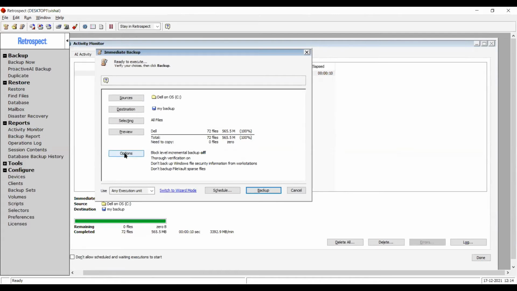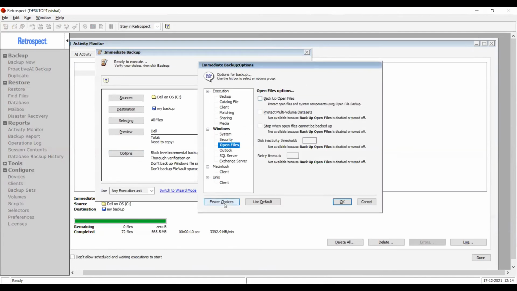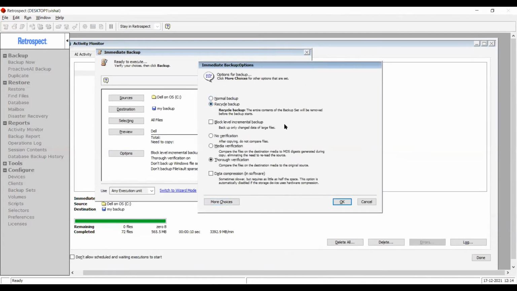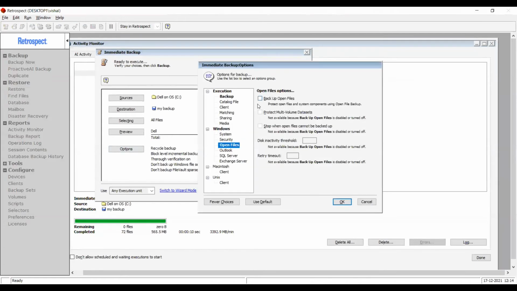And like I said, this is for the incremental backup. If you change that to recycle backup, which means I'm asking to erase all the backup and redo the backup, in that case, it should copy all the files. So instead of seeing need to copy 0 files, we will see need to copy all the files again. Okay, I'll switch back to the